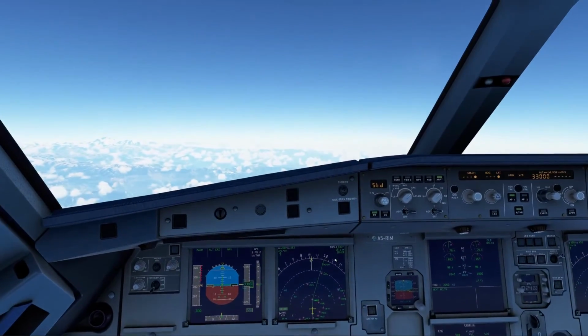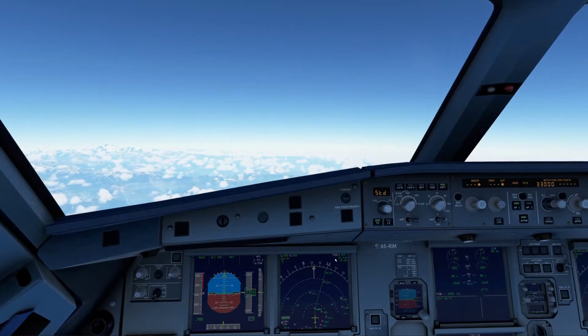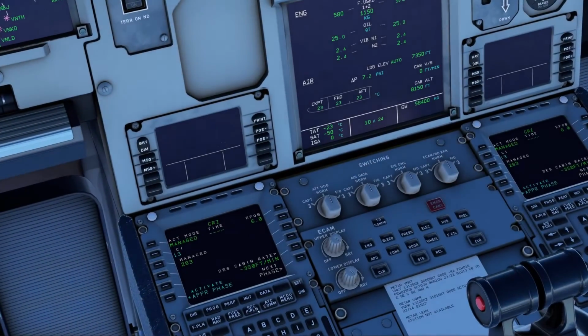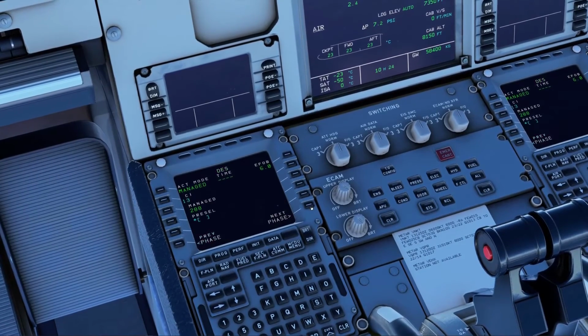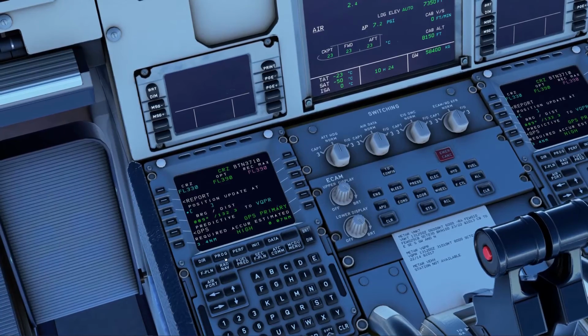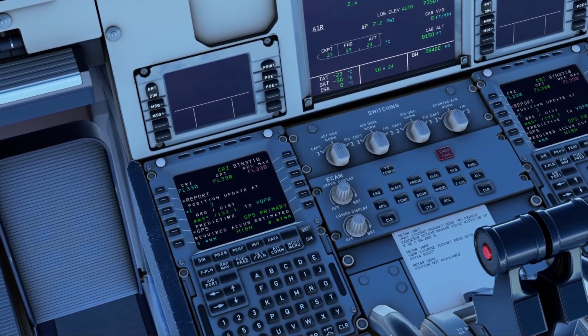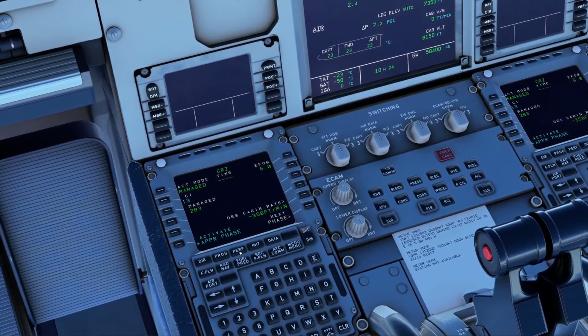Okay, right. So let's have a look at this. Right, 132 path.